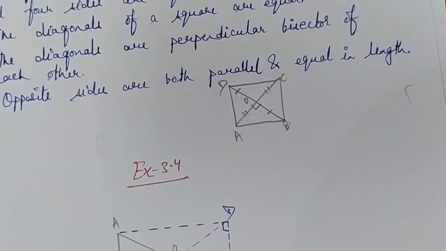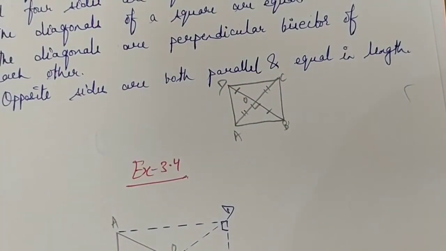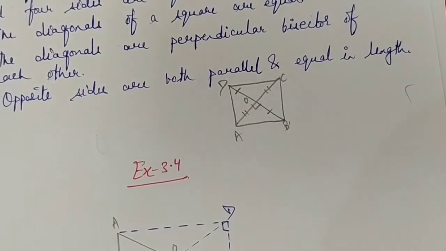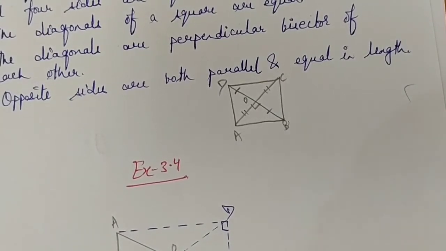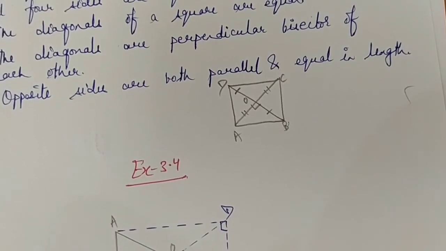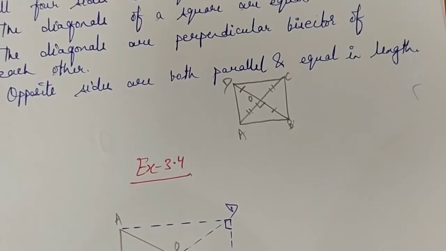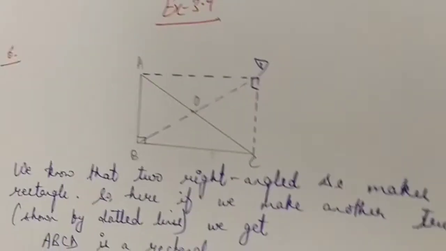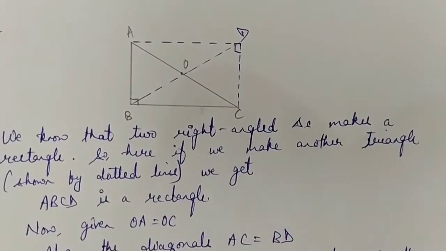And likewise, question number 5 is explain why a rectangle is a convex quadrilateral. I have told you what a convex quadrilateral is, because the diagonals of the quadrilateral will lie inside the quadrilateral. That quadrilateral is called a convex quadrilateral. So you have to give a reasoning in your words in 1 or 2 sentences. That is sufficient.